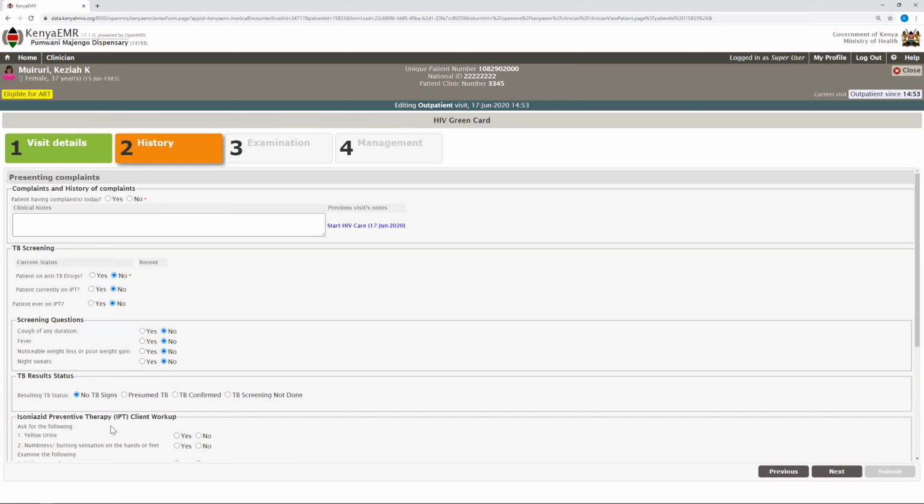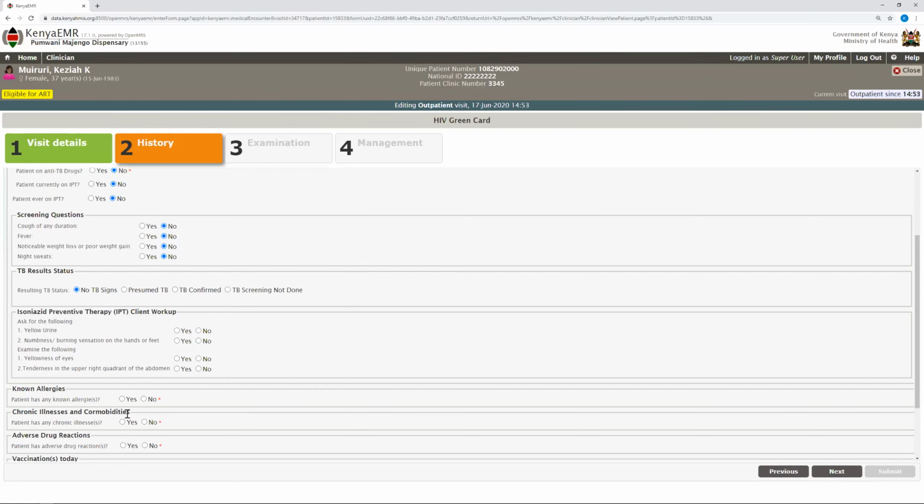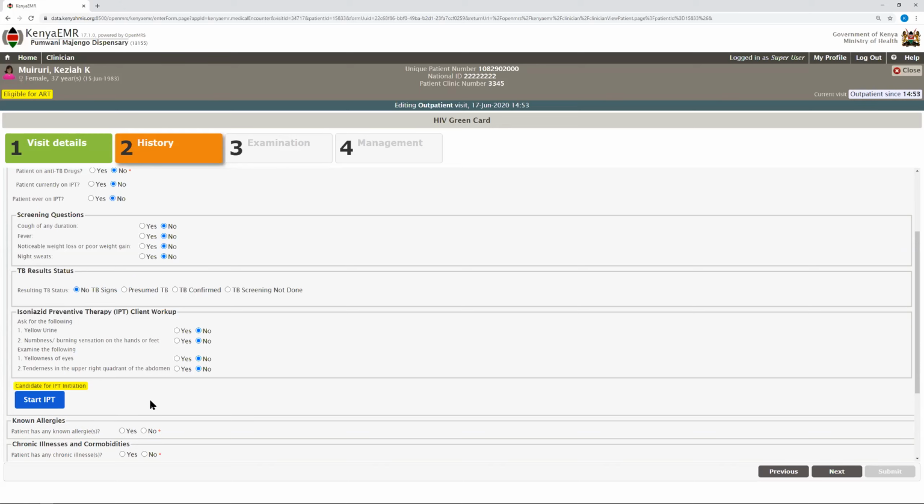So we move to the next section for IPT, the client workup. You'll ask the client as a provider, yellow urine, no. Numbness, no. So this is a candidate for IPT, depending on the options that you checked, that you got from the feedback you got from the client. So if the client is for IPT, you can start the client on IPT from this particular point. Just click on Start IPT